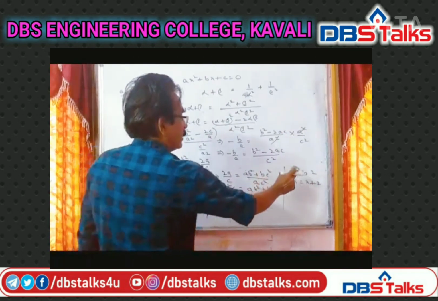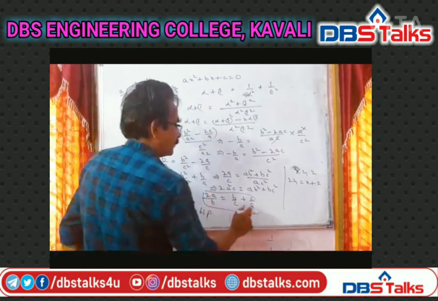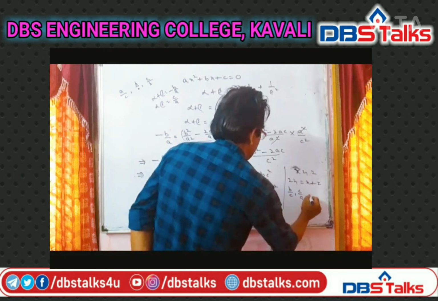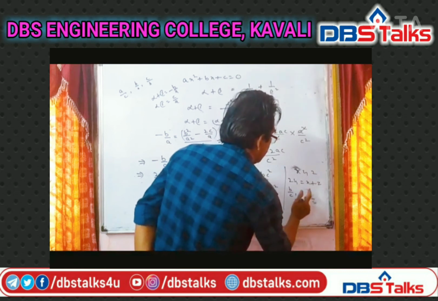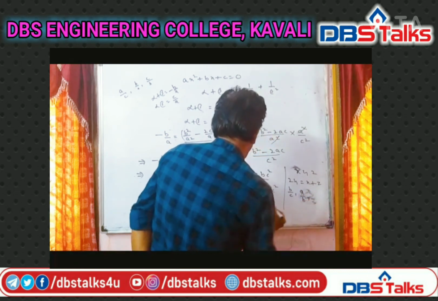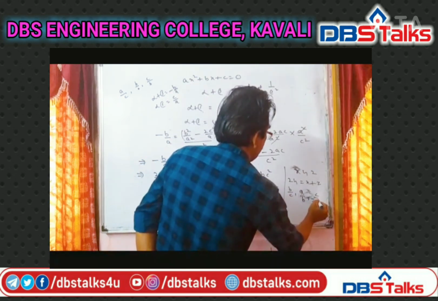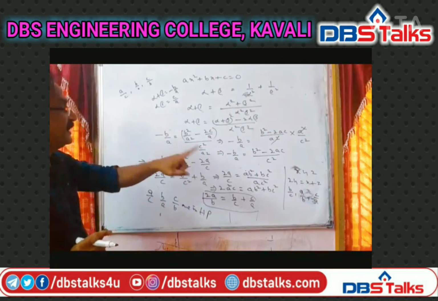So b by c, c by a, and a by b. A by b comes as y. So b by c, a by b, and c by a are in AP. So their reciprocals, that is a by c